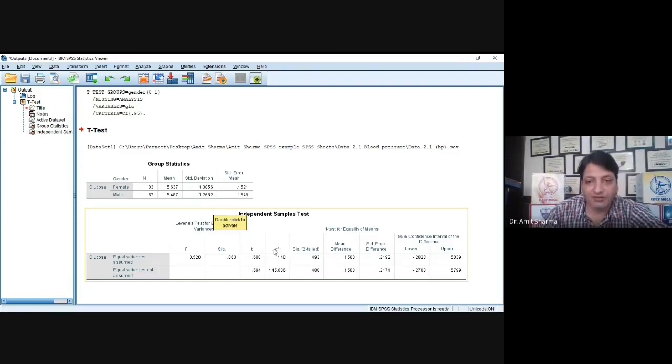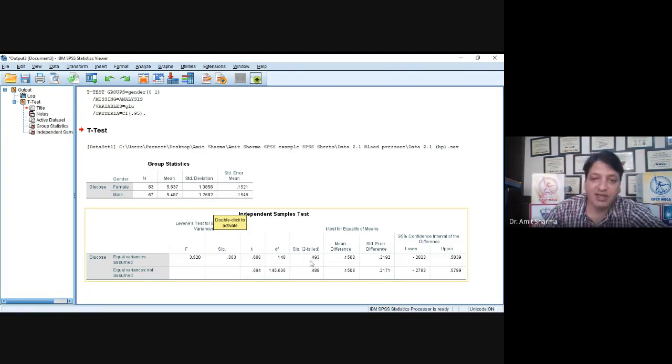It's showing 148, that is okay, because sample size is 150, and Levene's test value is more than 0.05. Here we got 0.063, and here the p-value we have got 0.493. So by seeing this p-value, we can say that our test was not significant.